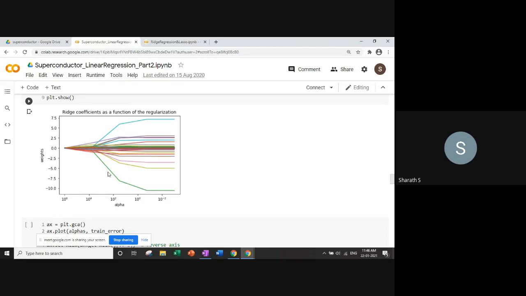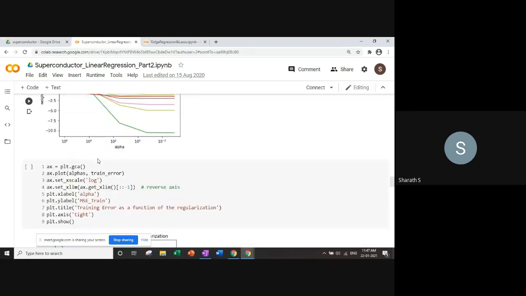This is popularly known as shrinkage methods. It is shrinking the value of the coefficient towards zero. But if you zoom in here, they are not exactly zero, they still have some values, which means all the coefficients, say hundreds of coefficients which might have been there in this problem, all stay, but their values get shrunken.